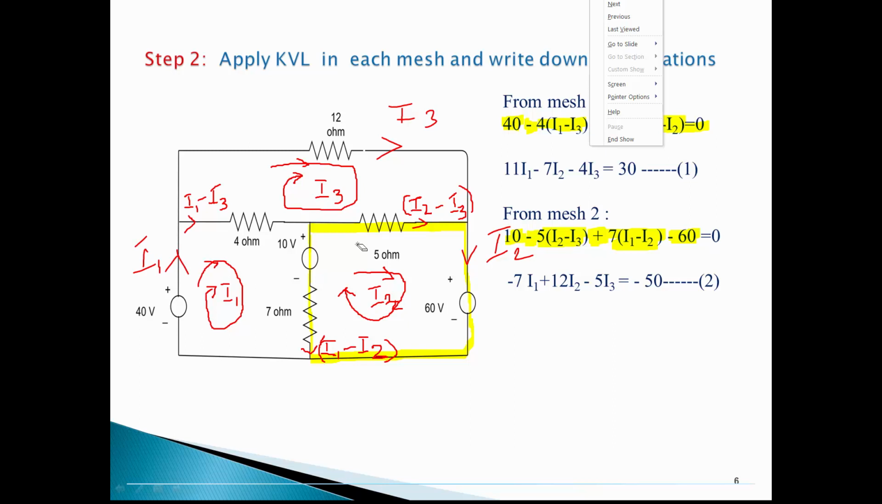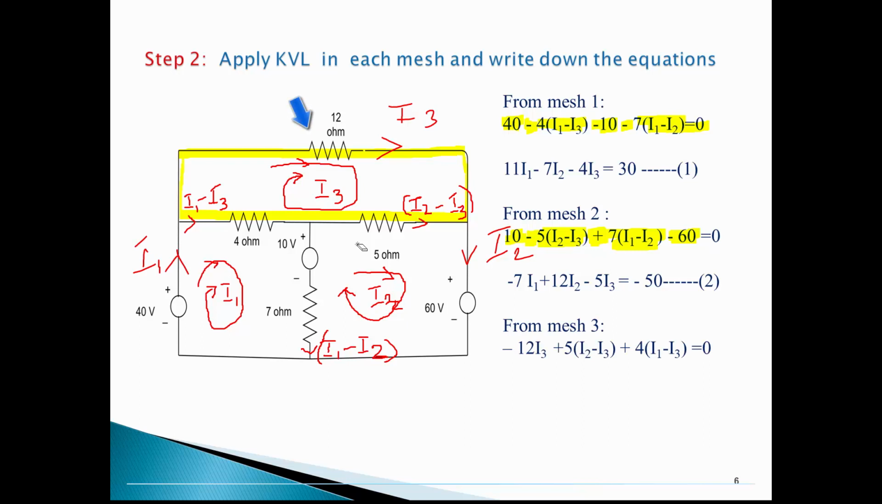Now let's move on to loop number 3. This is my loop number 3. Write down the equation now. Consider this 12 ohm branch. I3 is the loop current, and the branch current is also I3, both in the same